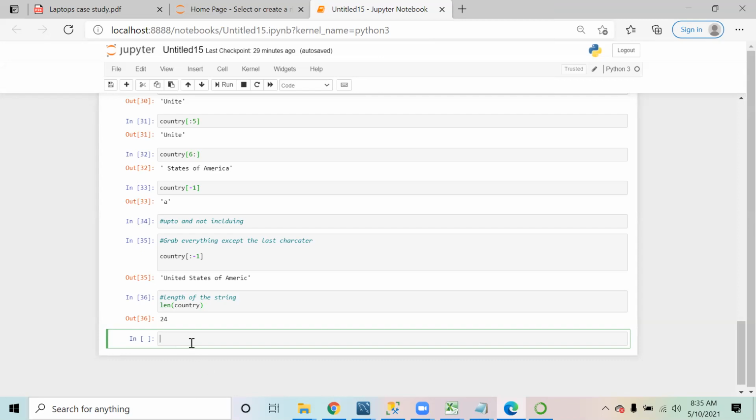Okay. You want to do some concatenation. Suppose I have two variables. One is country, and let's create one more variable, that is hello.